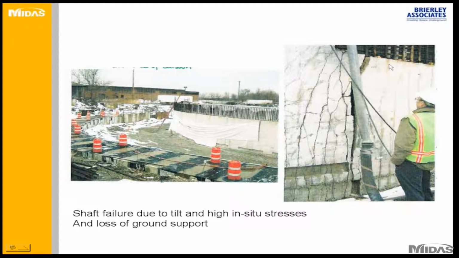So it's like 7 feet of concrete were destroyed when the contractor hit very hard clay with very high in situ stresses. The K naught here for this case was about 1.2 to 1.4. So the ratio of the horizontal stress to the vertical stress was 1.2 to 1.4. So in our case, actually, the ratio was 1.6 up to 2 or 2.5 maybe.